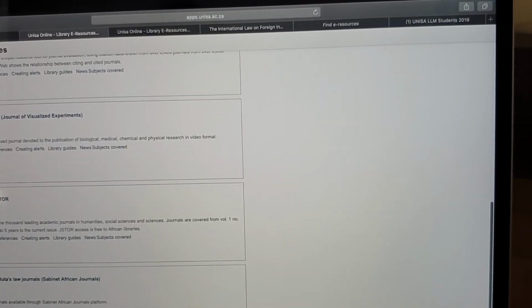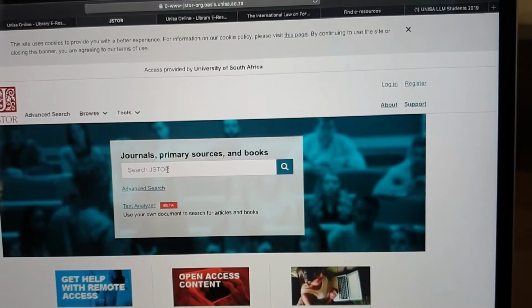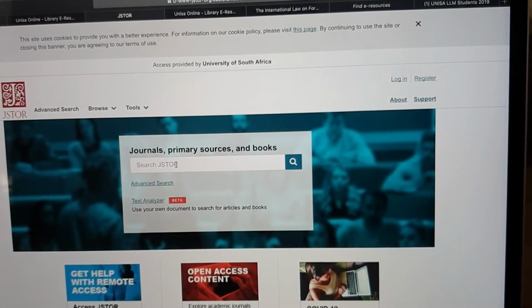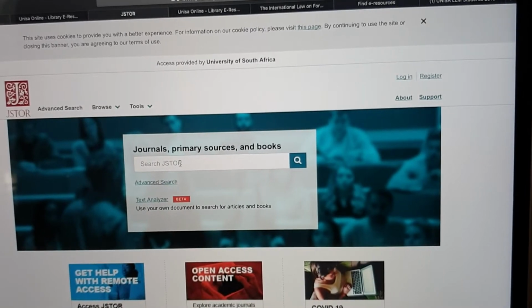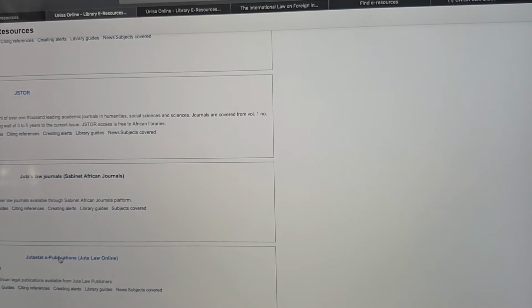Okay, here's JSTOR. JSTOR also works the same way as your Hain Online. Here you just type in whatever it is that you're looking for, your keywords, and then you can find your articles or journals in that manner. Now your Juta Stat e-publication, we are going to go in there,